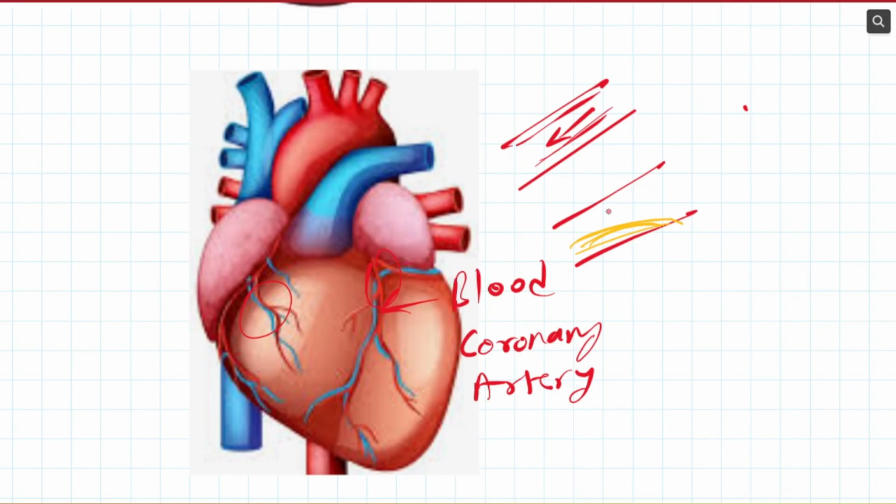The lumen becomes narrow. So this is cutting the supply of blood to the heart. This deposition is also called plaque. This plaque is hindering the flow of the blood, and we get CHD,